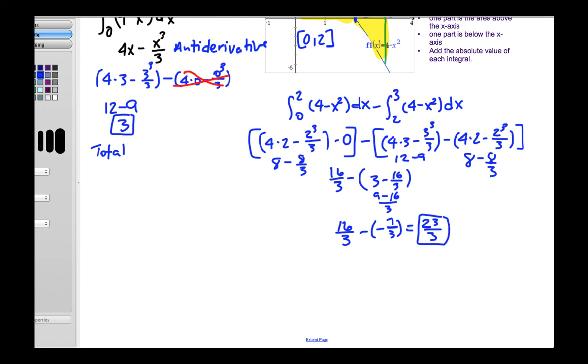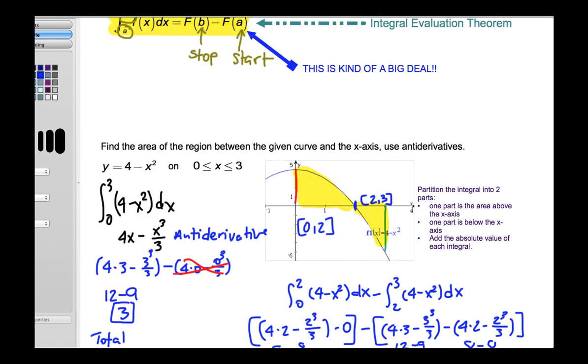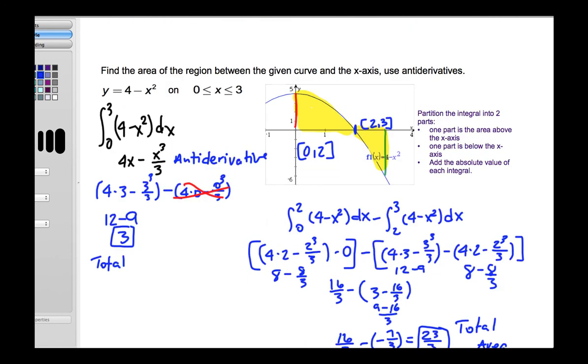So this right here is the actual total area under the curve from 0 to 3 of 4 minus x squared. And if we add them up as a positive area here, and then as a positive area here, and then a negative area here, then that sum would be 3. Okay. So again, these are trickier ways. They're a little interesting,